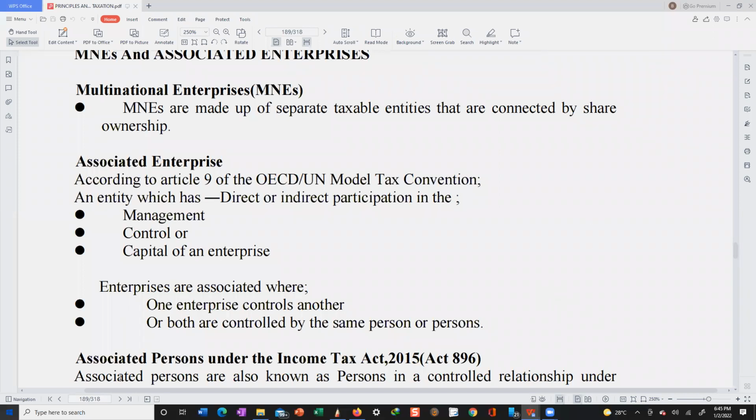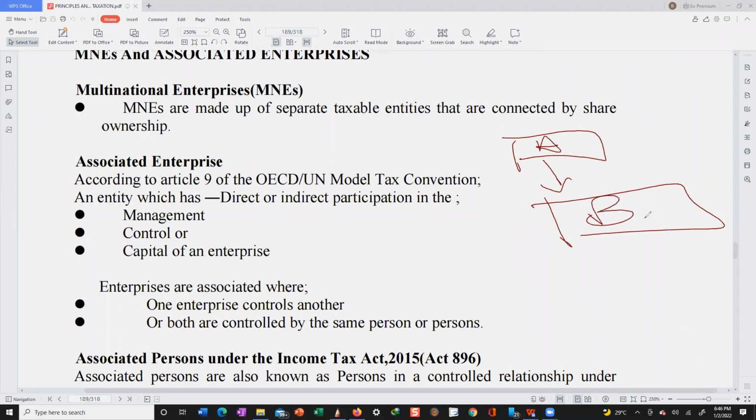So I want to give a simple scenario. Let's say we have entity A, which acquires entity B. Now you realize one thing: if entity A owns 60% of this entity, it becomes the parent of this company. Now both of them are persons in a controlled relationship, or associated enterprises, because this one has direct participation in the control and capital of the